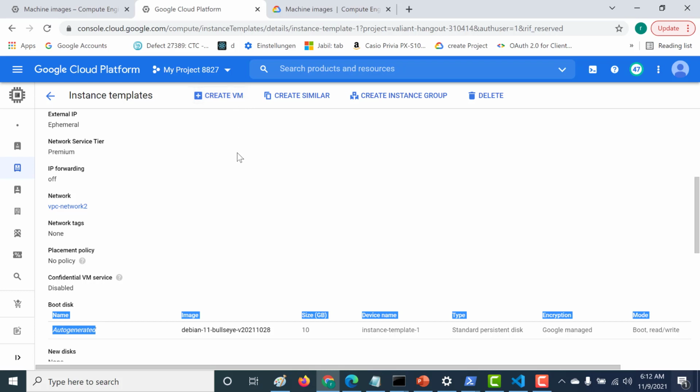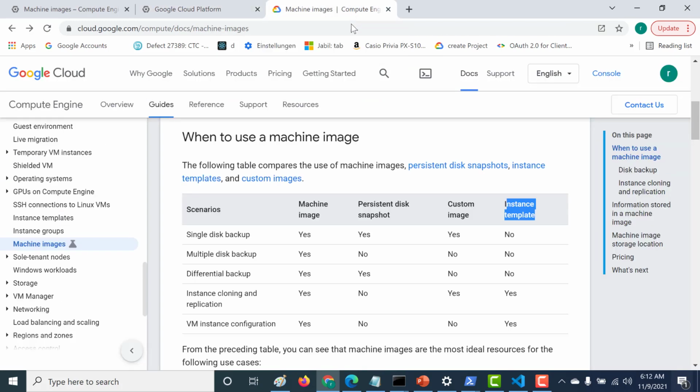So in a sense, when you're creating a virtual machine using an instance template, all that you're giving is just a template for GCP Compute Engine to create this virtual machine. So nothing is created as such. The disk has not yet been created, so there is no point in generating a backup of this particular disk since it hasn't been created. So that is one way of creating a virtual machine.